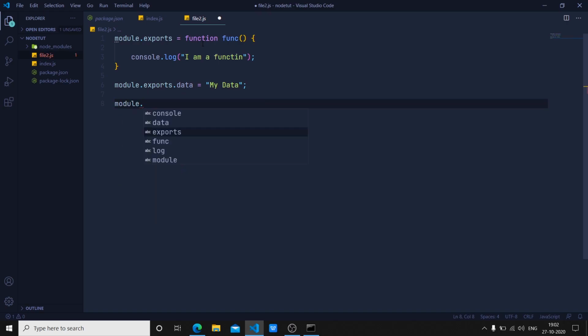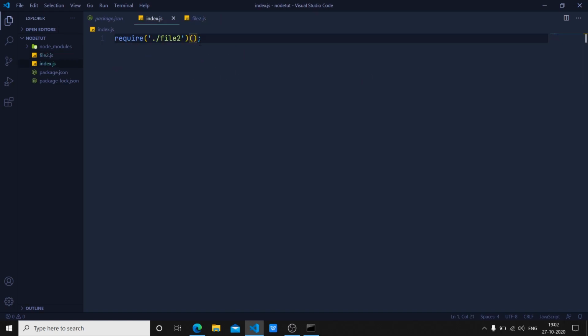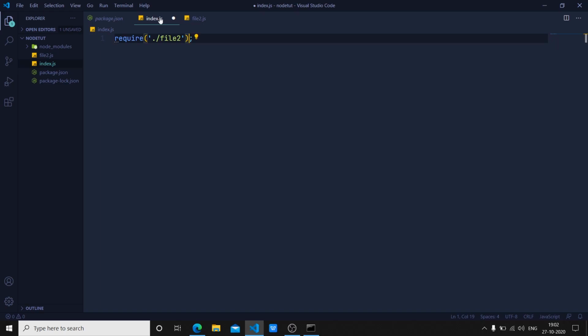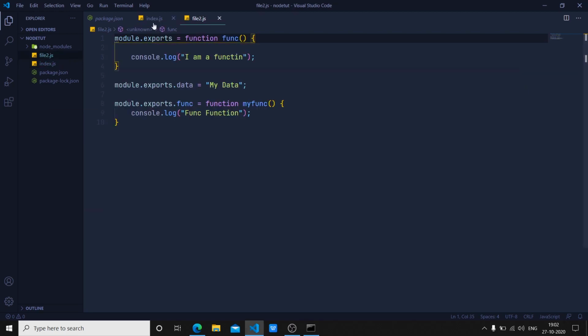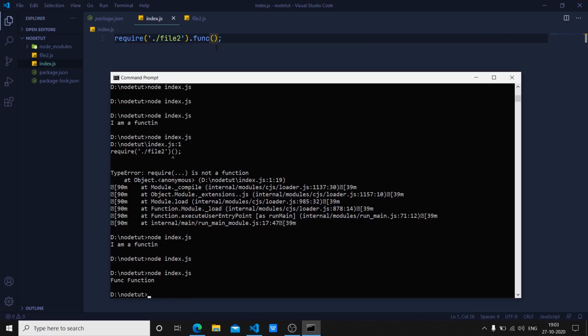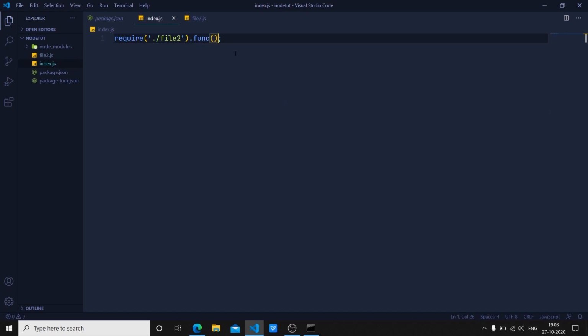And let's say I have module.exports, and let's say I have some function. So this is another function, and when I say here, so now when I go back to index.js, and now if I save this and if I run this, you see that I get this one because this is the one that's being exported directly. Now I can use a key to get a particular data. So I can say dot, let's say I said data. Now if I save this, I run this again, obviously I get nothing because data is not printing or doing anything as such. If I get something like dot func and I have to execute this, so if I run this again, I get this particular function from my file's export.